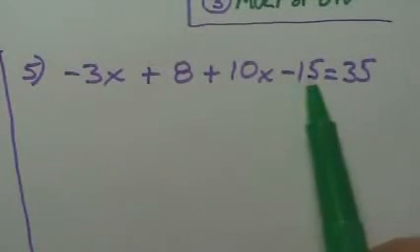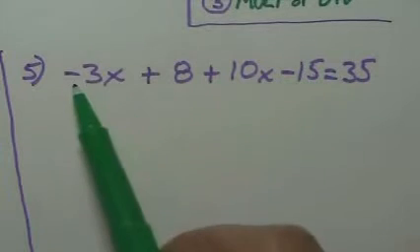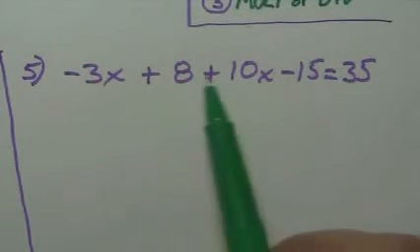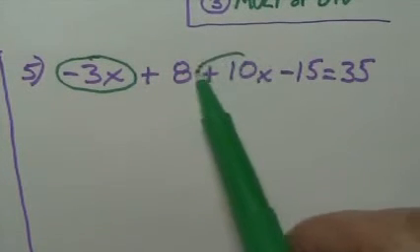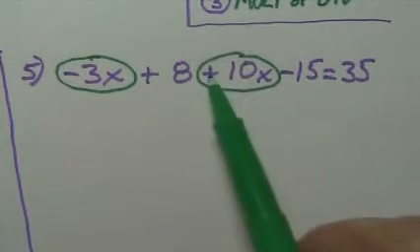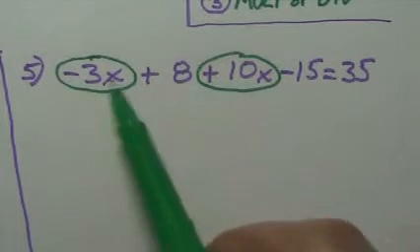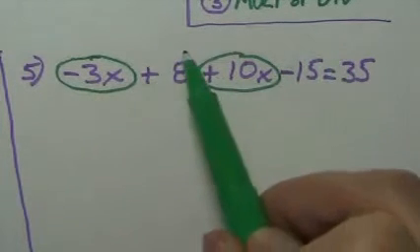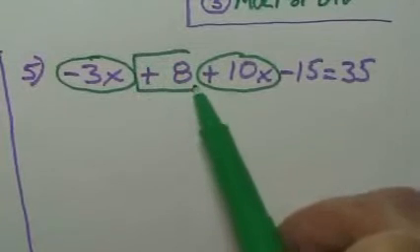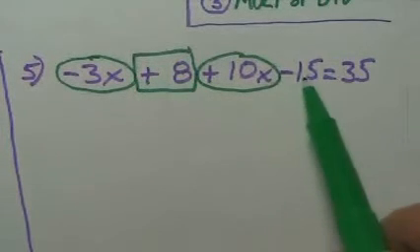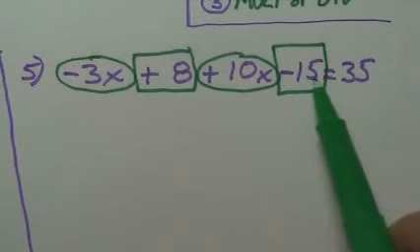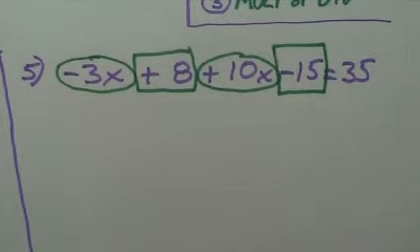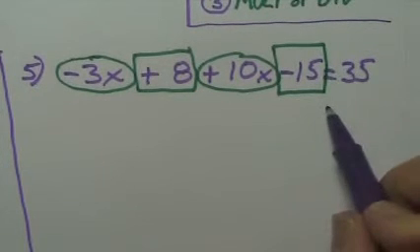Okay, let's take a look on the left side here. Let's look at our like terms. I have a couple of x's here. I have a negative 3x, and I have a positive 10x. Notice how I'm circling the sign in front of it. Then for my constants, I have a positive 8. See how I'm circling the plus 8? And then I have a negative 15. It's not just 15, it's negative 15. Minus 15 is the same thing as plus negative 15. Okay, so those all combine together, and that all equals